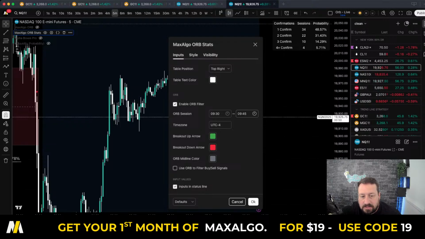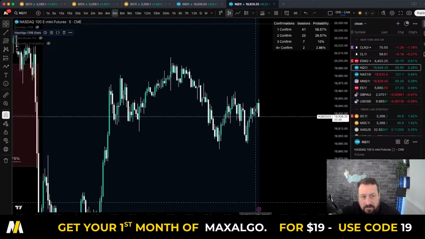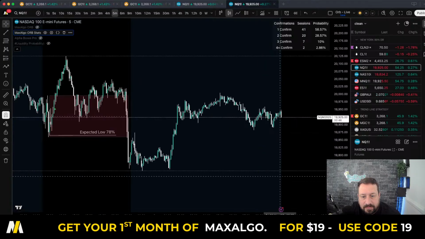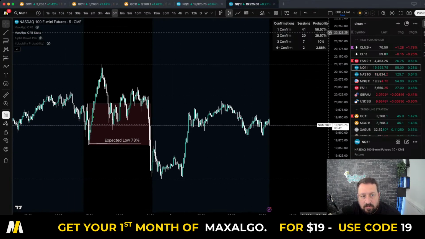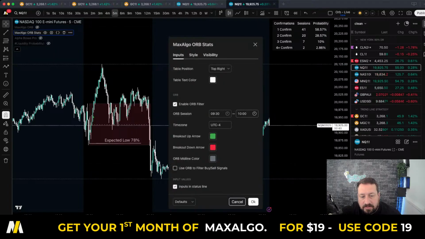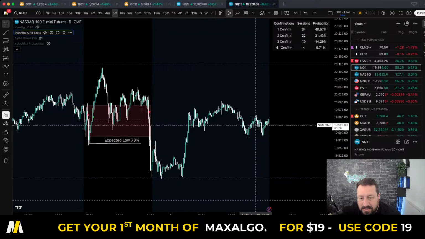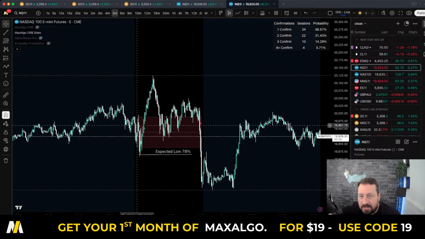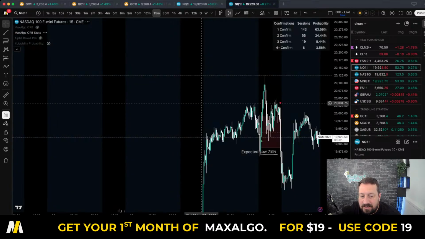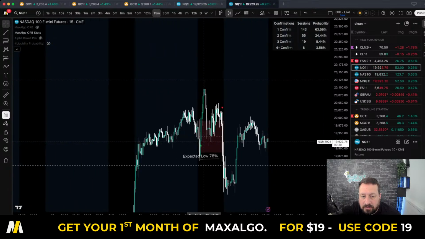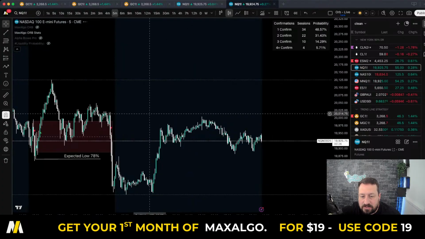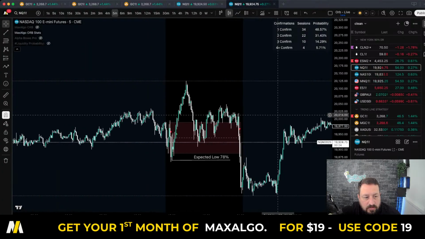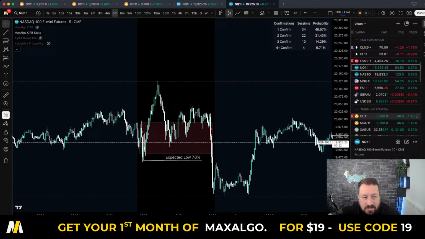So say for example, if we took it to half an hour instead of 15 minutes, what the probability looks like, right? The interesting thing for me is more a case of closes. So for example, this is a 5-minute close. If we use a 15-minute close, we can see the probability goes up, right? Makes a big difference. So if we get a 15-minute close outside, we can then